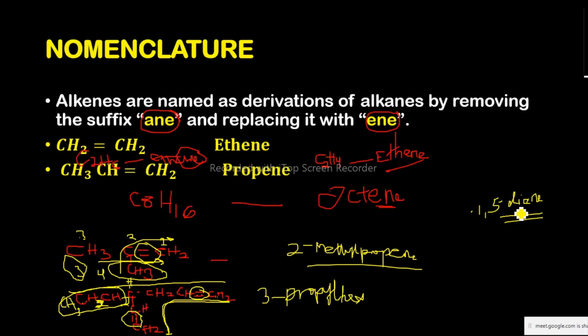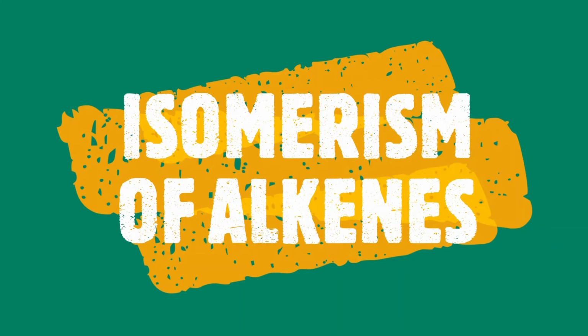Now when you are naming, the vowel must be followed by a consonant, and a consonant must also be followed by a vowel. For example, here you can't say hex and again say diene. Now this one becomes wrong. A vowel must follow a consonant. So therefore, to rectify that, you just write